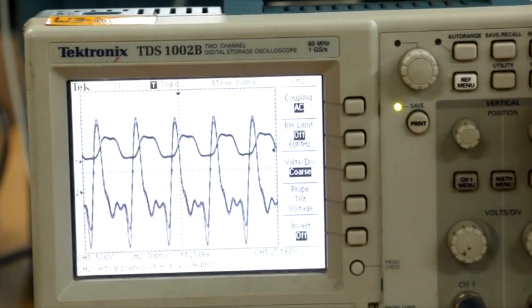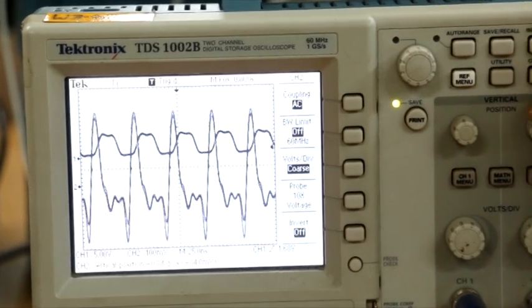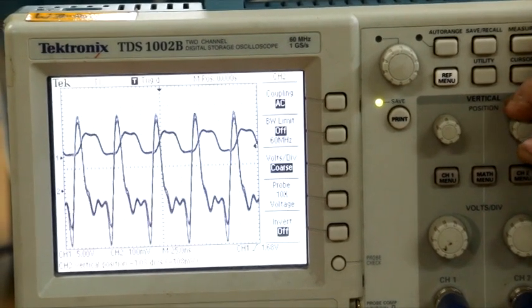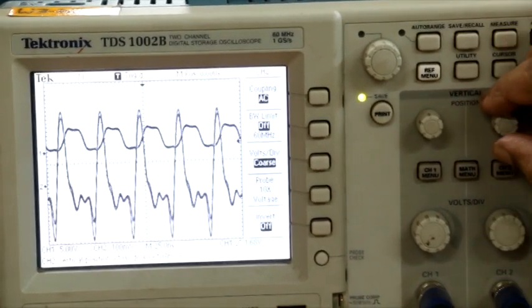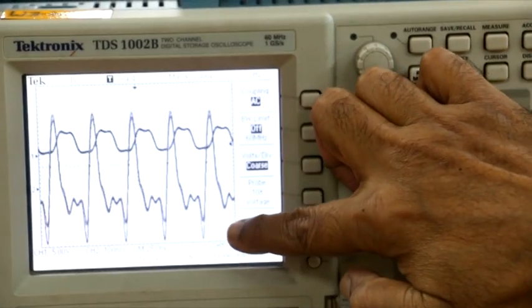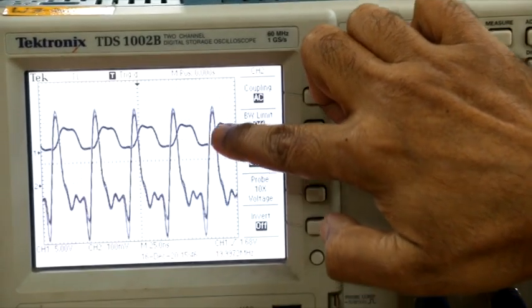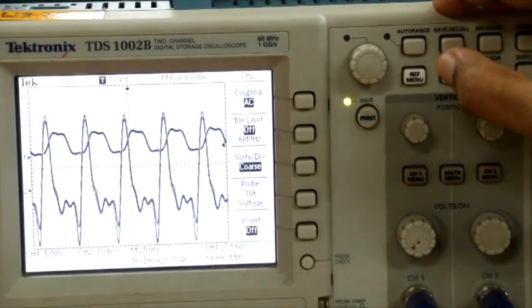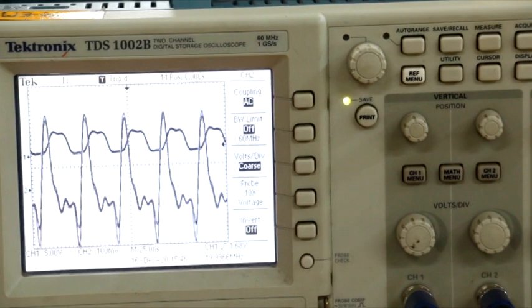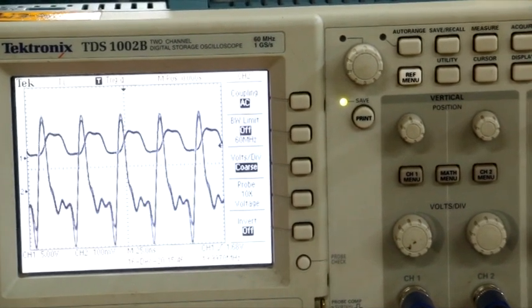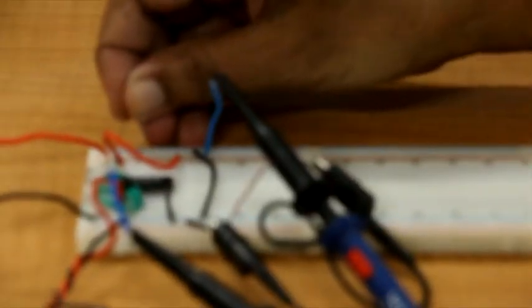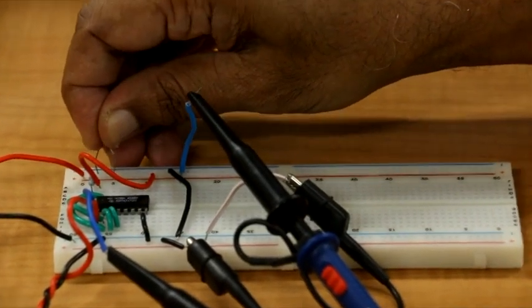So now the peak to peak noise which you are getting here, the y-axis for channel 2 is 100 millivolts per division. So 1, 2, 3, 4, 5, 6, almost 6.5. Okay, 650 millivolt of switching noise is there just on the power supply line. Just by putting a capacitor between VCC and ground, you would see that that particular noise drastically comes down.